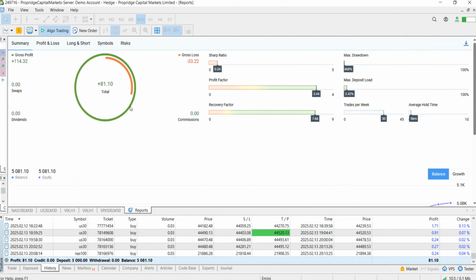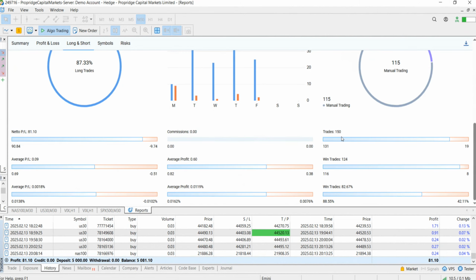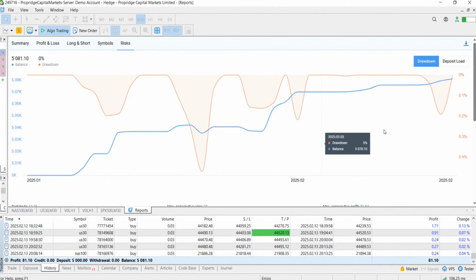These trades resulted in a total profit of $81.10 with a profit factor of 3.44, and we can see it from 150 trades taken so far. We had 124 winners with an average win rate of 82.67%. And as you see, the equity curve is growing linearly, and this shows the percentage of drawdown, which is